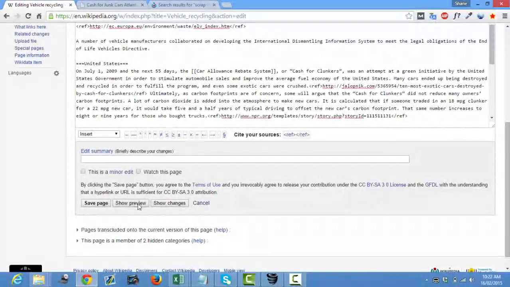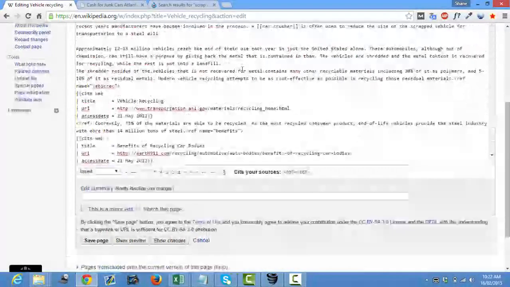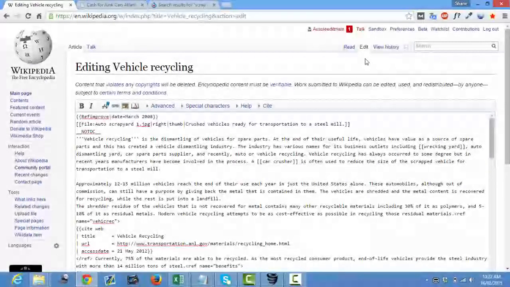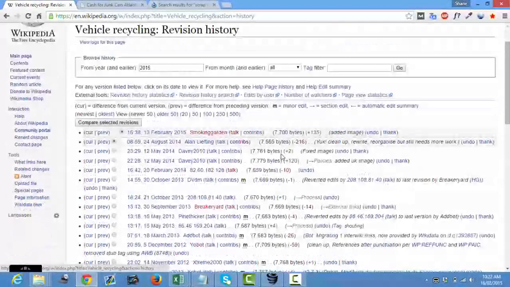So you want to pick that up before you save the page, because each edit is shown in the edit history. You don't want to draw attention to yourself by having multiple edits on the same issue because you've made a mistake. So that is how to do an image linking out. As I said, I'll give you the syntax below.